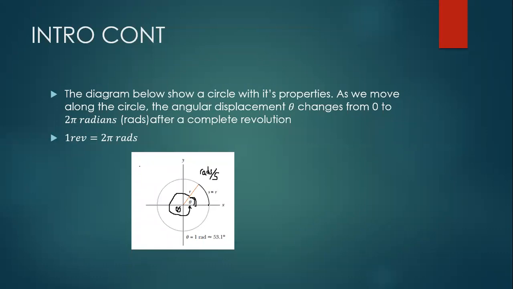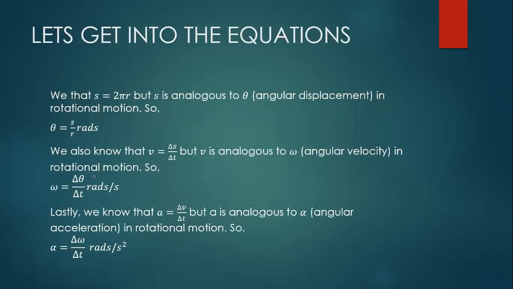If an object goes around this circle and completes one revolution, we're saying one revolution is equal to 2 pi radians, right? So this relationship should be understood. We are very familiar with angular or rotational motion. If we want to find our angular displacement,